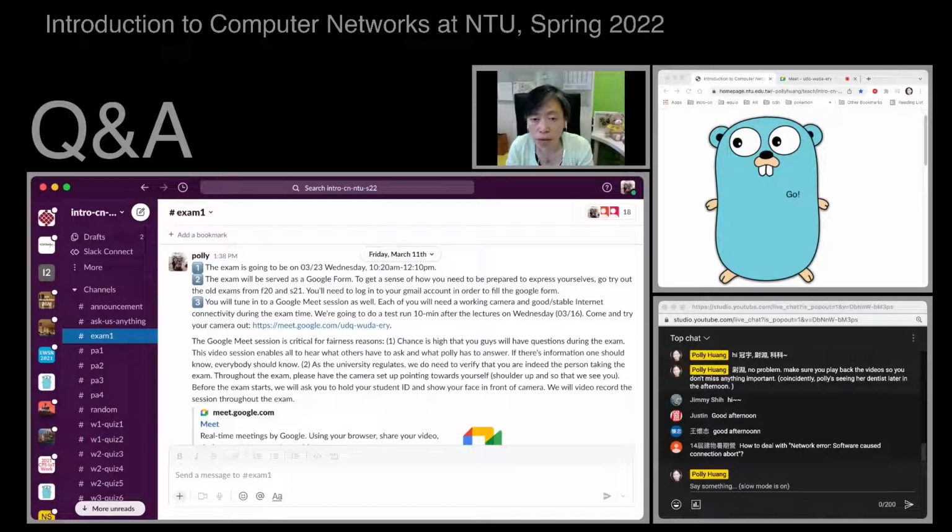Software cost connection aboard. Hey, this is a very general error. So I guess, by the way, Wei Yuan, how about Googling this up? I find Google very, very powerful. Sometimes when I'm playing with my own machines, and I get these weird debugging messages, I just Google it, and I find that people are asking the same thing on Stack Overflow. Okay, network error, software cost connection aboard.